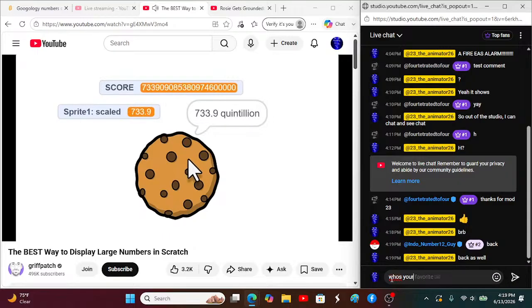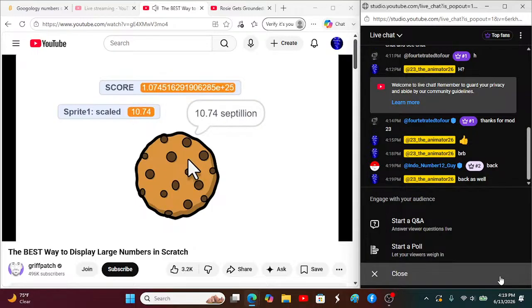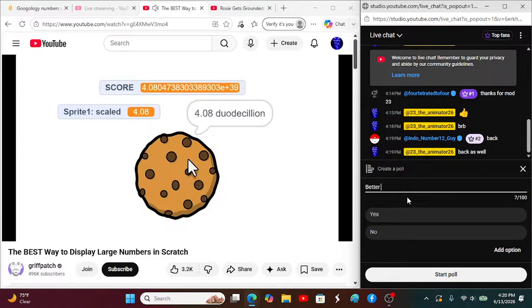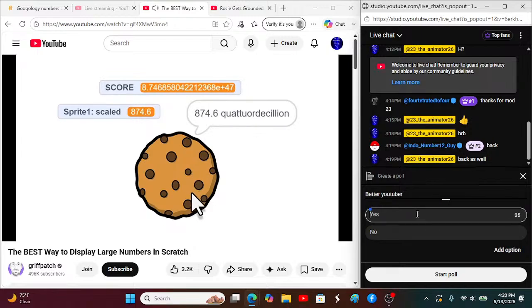Kudos to you if you can add a whole bunch more. Seriously, there are just so many number names. Okay, great, this is working exactly as I had hoped. But before we finish, we really should wrap this all up in a custom block to make it all neat